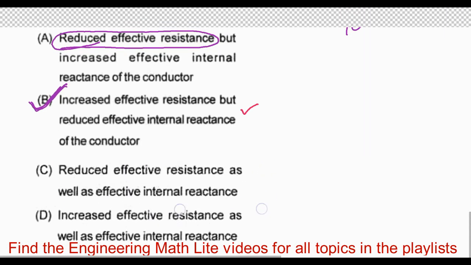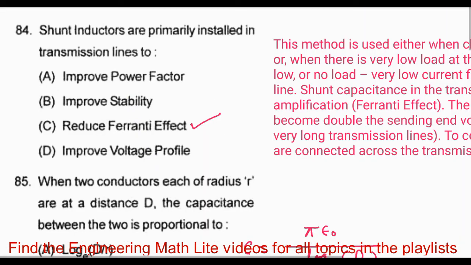Next question is question number 84. Shunt inductors are primarily installed in transmission line to: option A, improve power factor; option B, improve stability; option C, reduce Ferranti effect; option D, improve voltage profile. This is one of the important questions and a very interesting concept, because this is rarely used. The answer is to reduce Ferranti effect, because shunt capacitors are very common but shunt inductors are